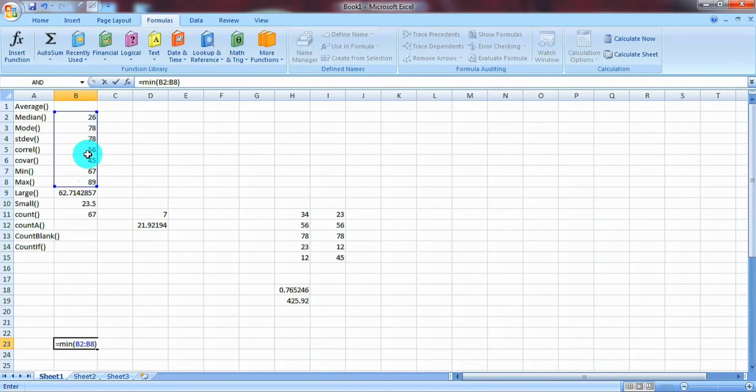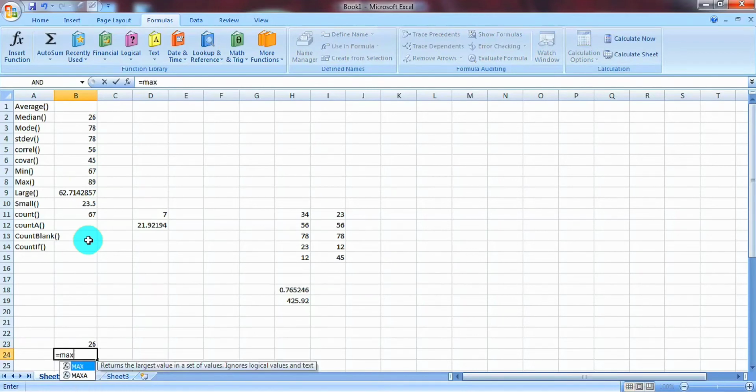So 26 is returned as output. Next function is max. This function returns largest number in given set of numbers. Again this range. In this range you can see the largest number is 89. So 89 is returned as output.